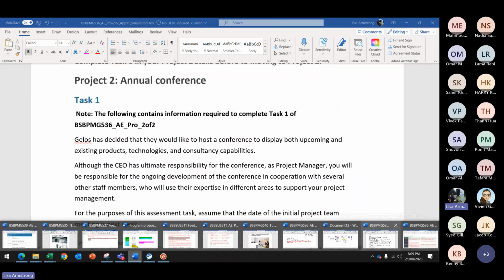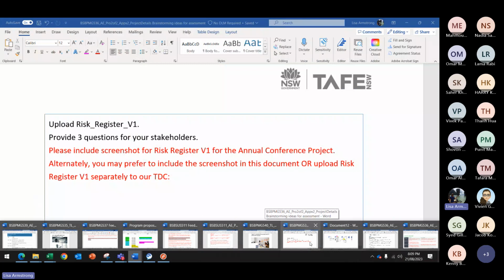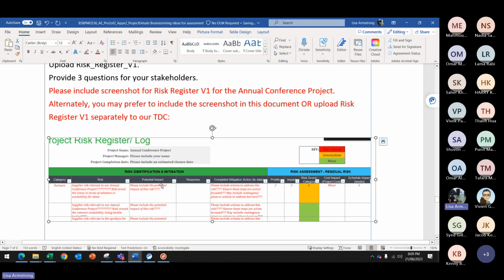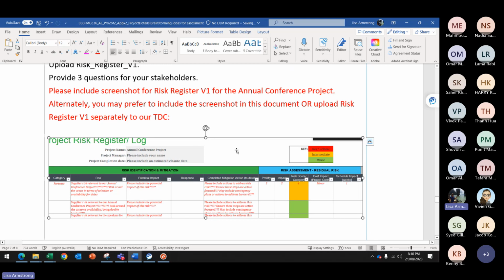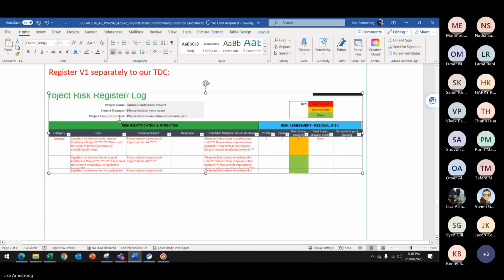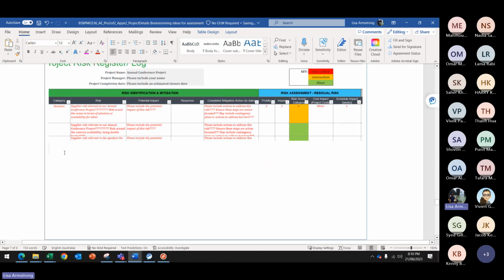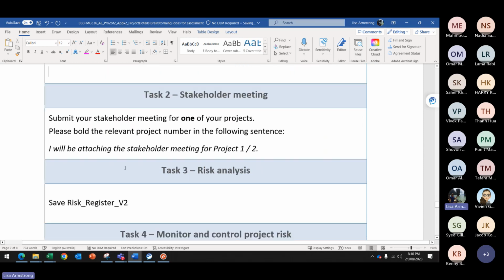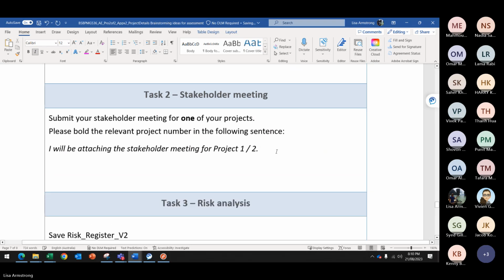So hopefully that gives you some ideas, as always, for your risk register. Version 1, which will be version 1 for the conference project. And then we're doing now, oh, meeting done. So you can please include